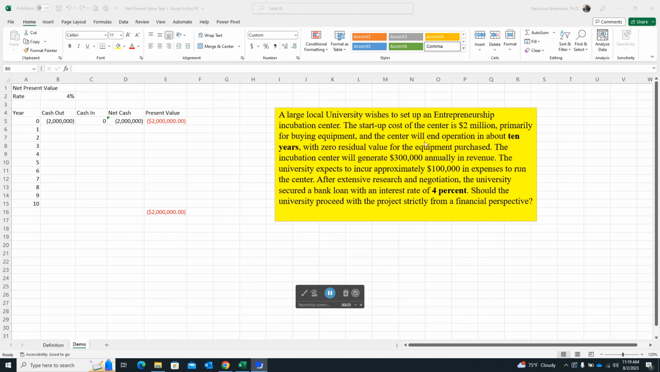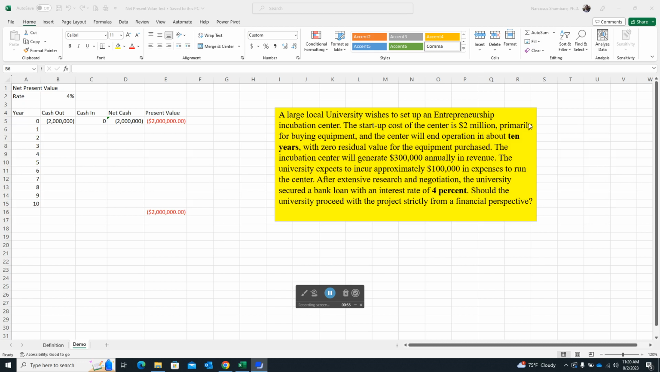Now, in this particular case, we have a very practical example where we have a large local organization that wishes to set up an entrepreneurship incubation center. So they want to set up a center where they can help people who want to start their own businesses to grow up under their wings, and then once they feel confident, they can be on their own. This project's setup cost of the center is going to be $2 million, which is